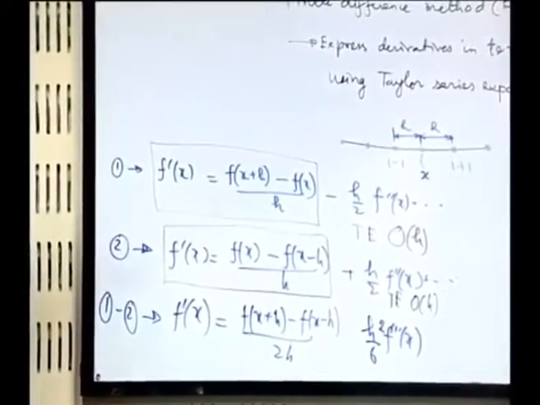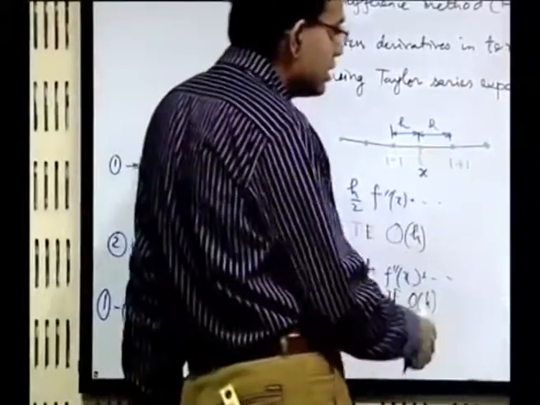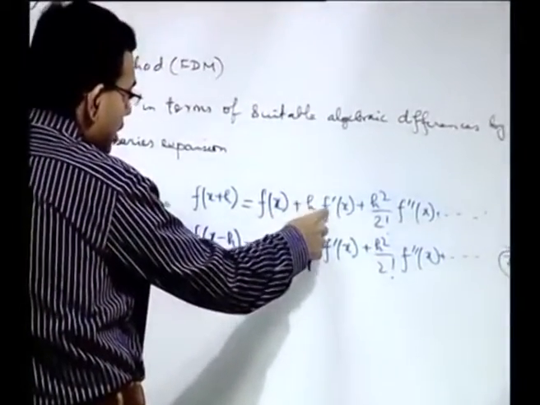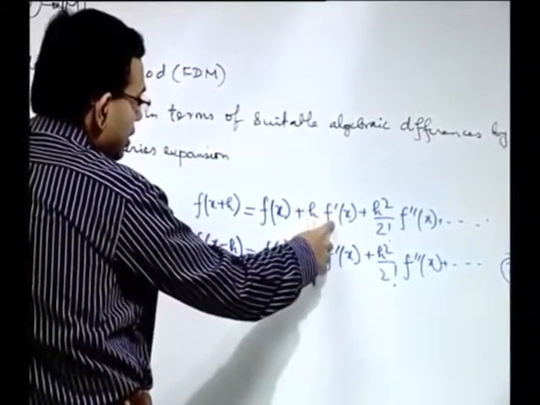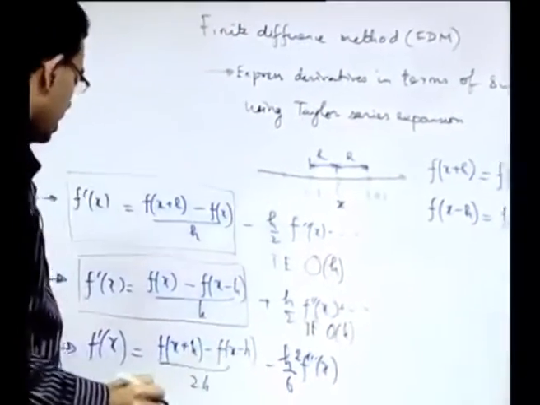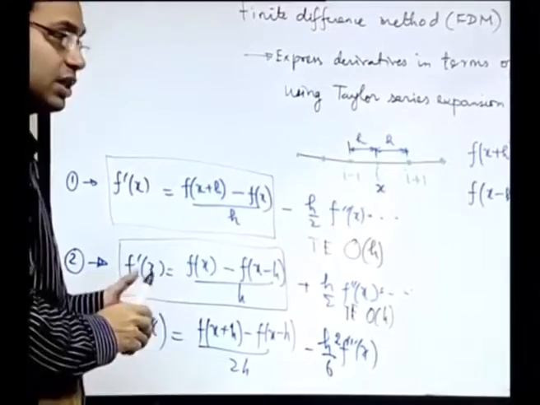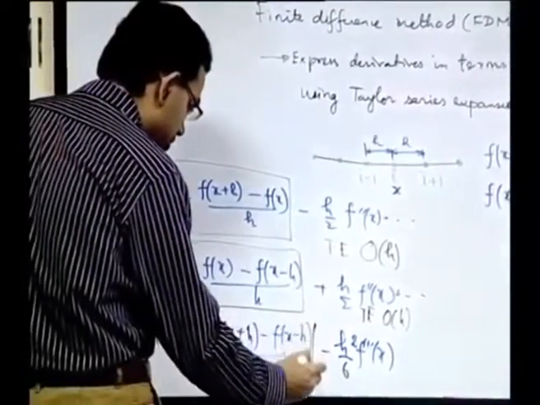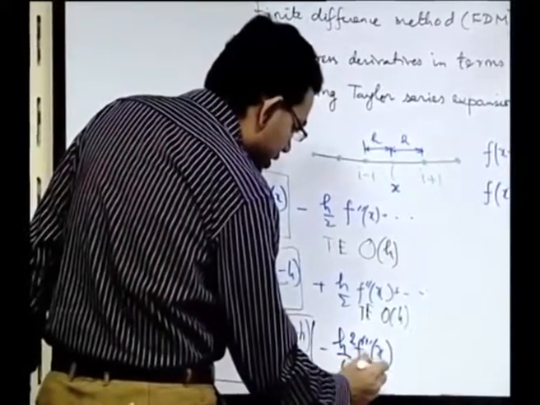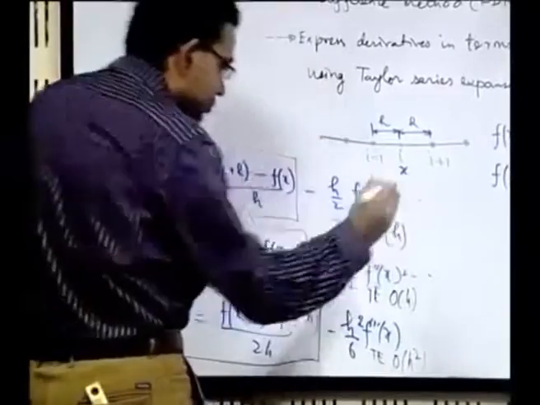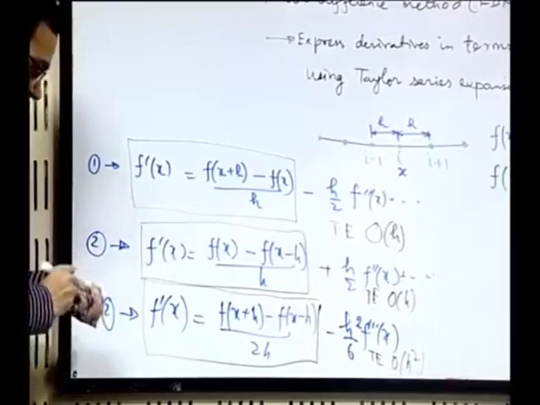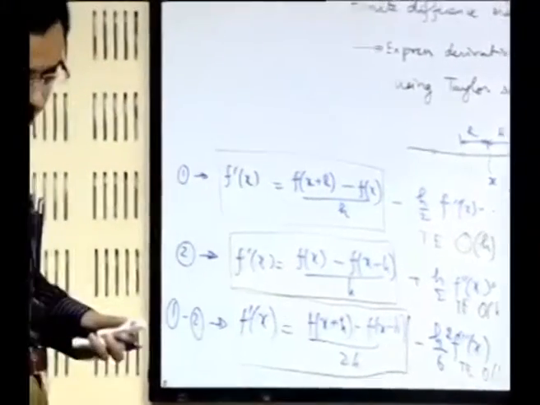Now, whether it is a plus or minus sign, let us just check. It will be f dash x; if you keep it on one side then it will be minus. But at the end it is not important whether it is plus or minus, only the order is important. So, the truncation error is of the order of h square. These are known as different ordered difference formulas.